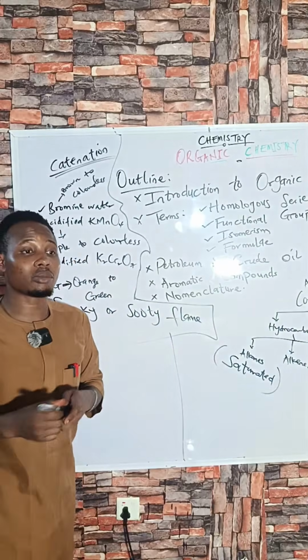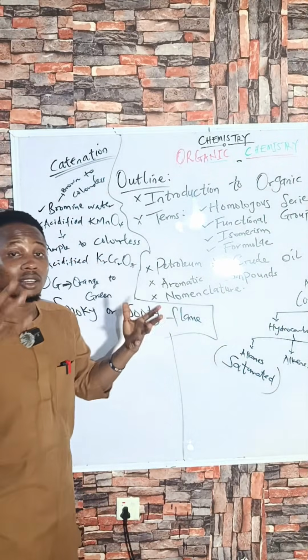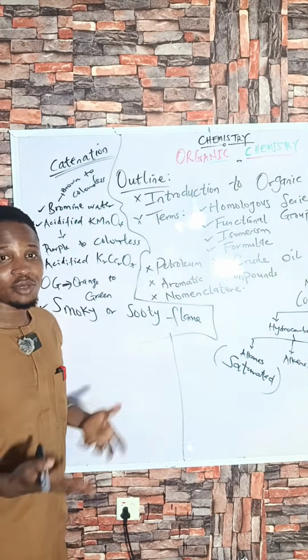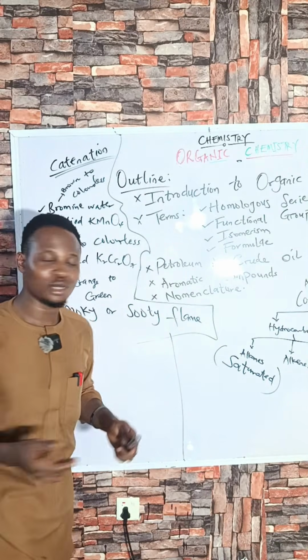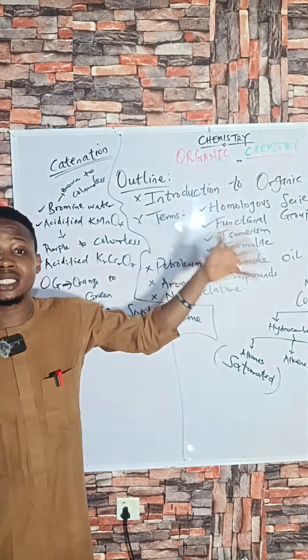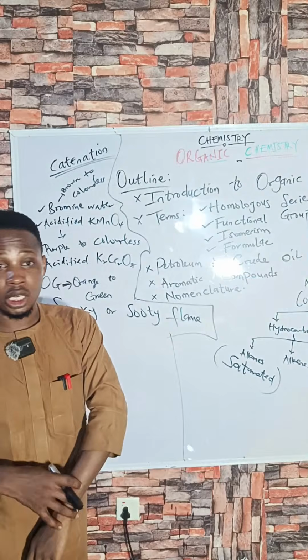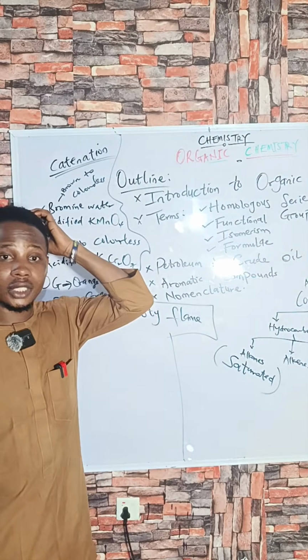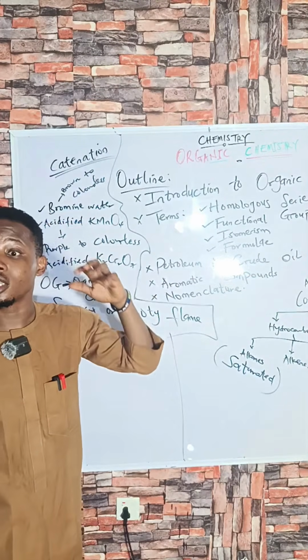Okay, now what exactly do I mean by smoky? The smoke is going to be dark. It's going to be sooty. It will have soot and it's going to be dark. So that's what I mean. It is especially notable for benzene and aromatic compounds. So that's what we have in the case of